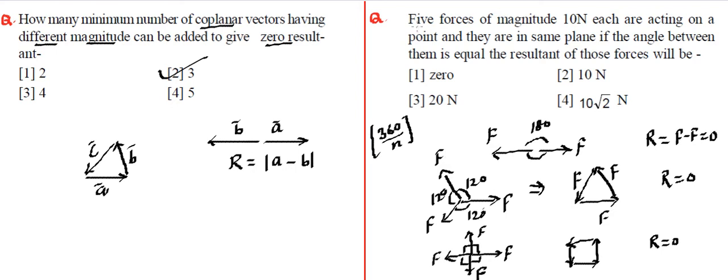Here we have been given 5 forces, and they have the same magnitude and the same angle, and moreover they lie in the same plane. So if the angle is equal, they have equal magnitude and lie in the plane, then we can claim the resultant is always 0. Making sense? This is an important point, it has been asked in the examination, so you need to make a note of it as well. Let's move ahead.